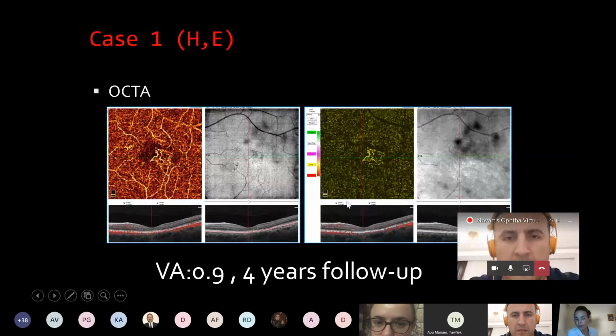And here at the 4 years follow-up, the visual acuity is 0.9. The patient is very happy about the results. I have been following this case with frequent follow-up visits. As I mentioned before, there is still this silent tangled network in the center, but it didn't cause any leakage or activation right now. After 4 years, I think it's a pretty good result. For 4 years, we followed this patient without any anti-VEGF injection or any other PDT treatment, and he has been stable without any fluid.